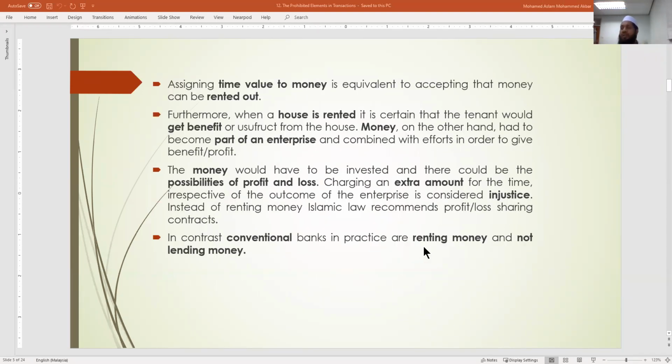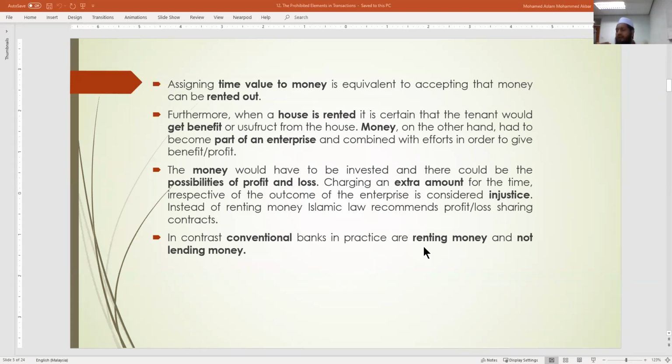Assigning time value to money is equivalent to accepting that money can be rented out. That's why, the time value of money, you will be learning in so many other classes. Because of this time value of money, today the conventional banks are actually charging a rental on your money. They are charging riba, interest. Why? Because of that concept we call time value. So you cannot put time value on money,